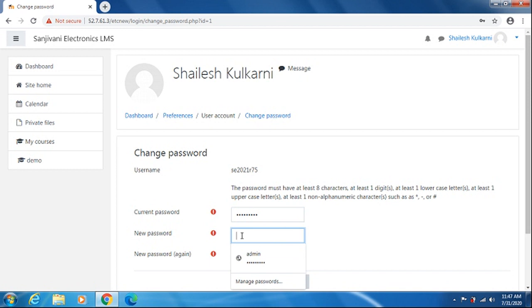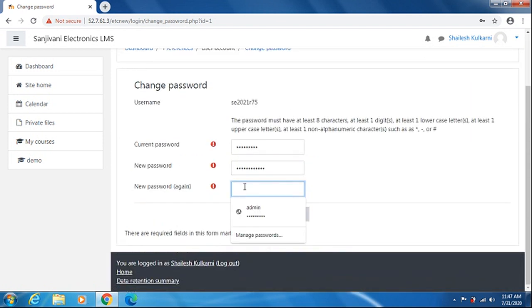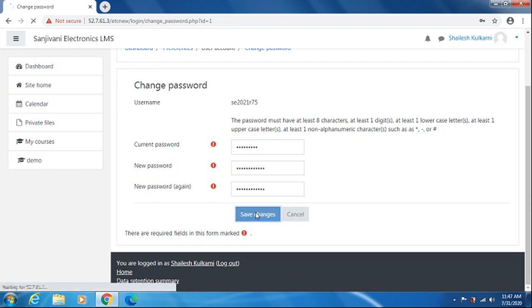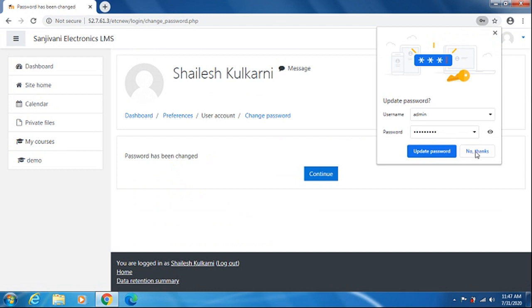So I am setting my new password, with the first character capital. I need to retype it again, and then I click save changes. So my password is changed.